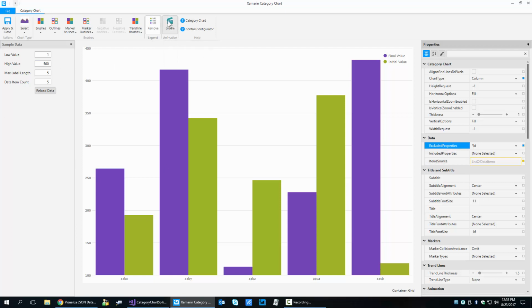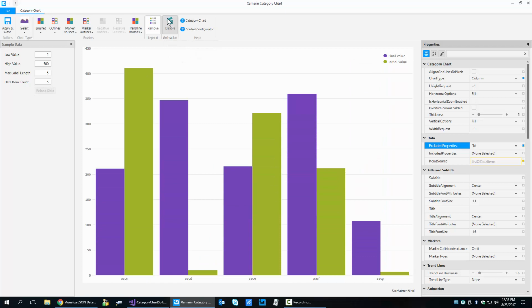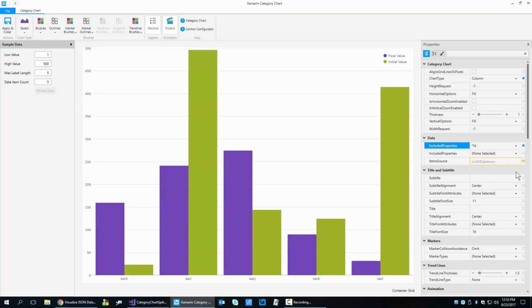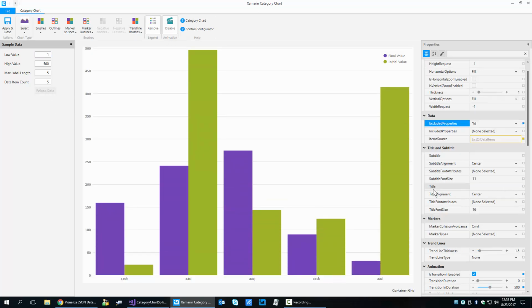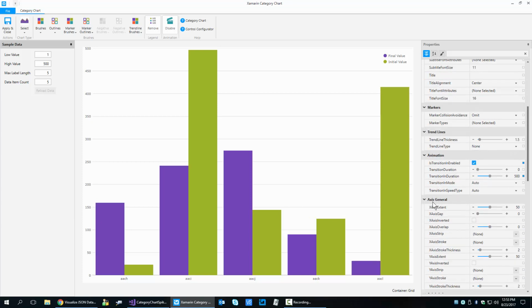Over here, let's enable animation. So once you've turned animation on, anytime that you reload your data, it'll run the animation again. So you get some really nice options here with your animation. So in this case, we've got a transition in duration and a transition